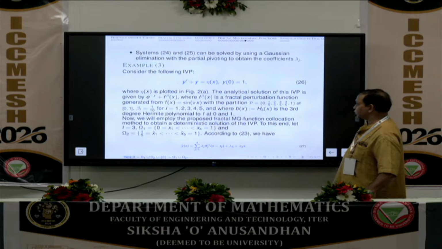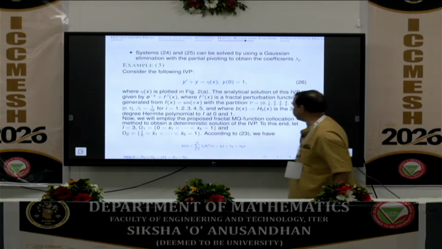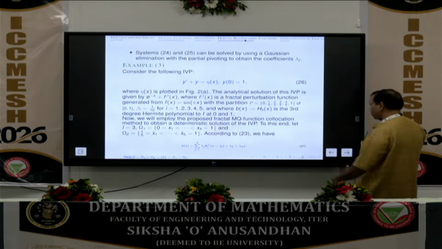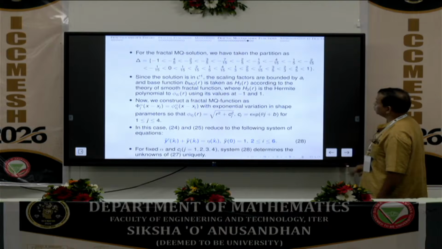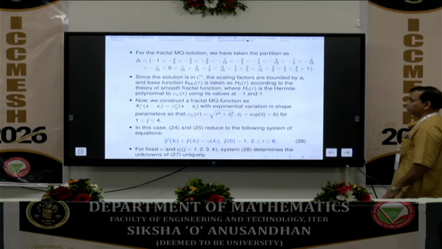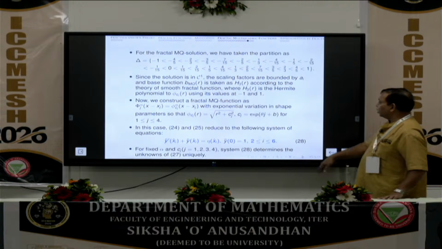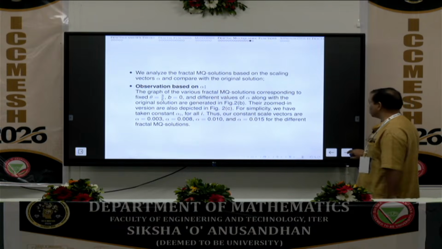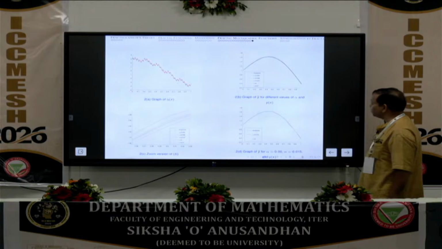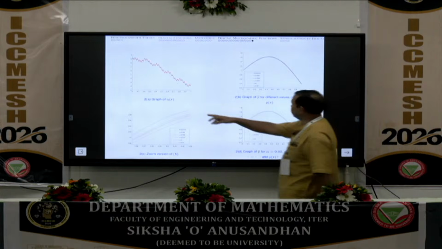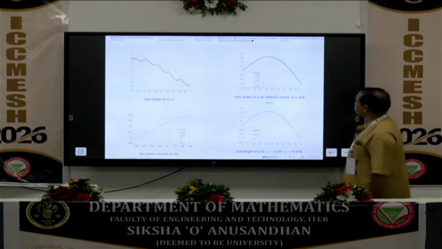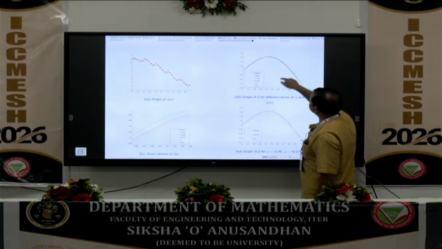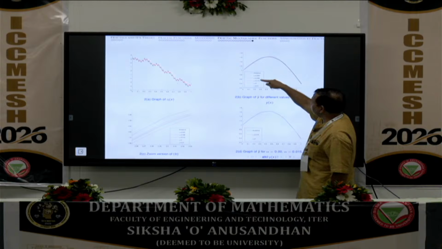So, you take the partition of this interval, then you choose the collocation points there, then you try to get the values of lambda 1 to lambda 6 by using our procedure. So, here you construct the fractal multi-quadric function, then you impose all those conditions and you get the approximation, then we have a few observations on the value of b. Here this is the graph of eta x. Here you will find the different solutions. The analytical solution is given in blue color and here you can find, if you take different values of alpha, then you will get the different